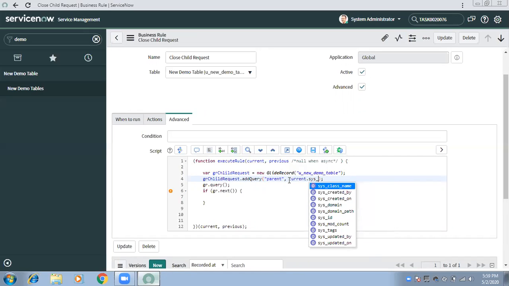Current means the record which you are updating. That will be different every time, right? So it will try to get all the records wherever the parent field has the sys ID of the record which you are updating. That is what this line is saying.